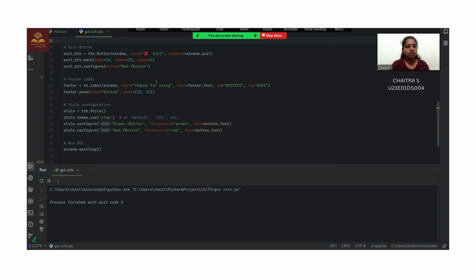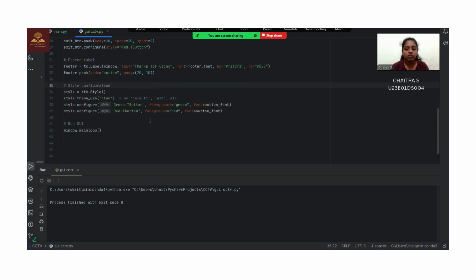What the exit button does is it creates the exit button in the same GUI. After spot difference, you will have an exit button. When clicked, it closes the app. That is window.quit, the command we use for the window. Next, it also styles the color. The button is styled in red color. This is what the exit button does.